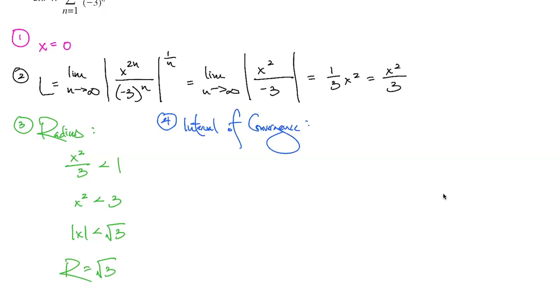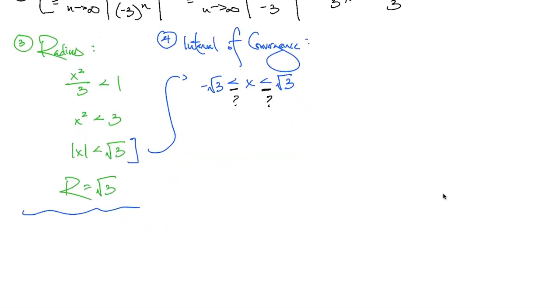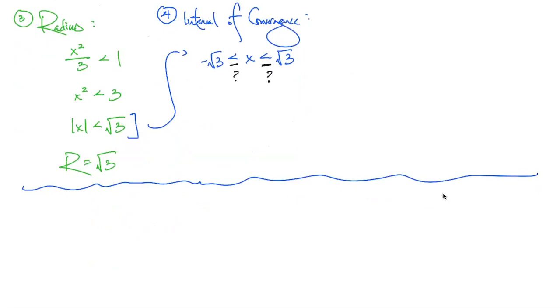Okay, so now we're on step 4. So I'm going to take this second to last step. I'm going to split it. So I've got x is between negative root 3 and positive root 3. Okay, so that is my almost interval of convergence. I just have to determine, do I have equal signs underneath these or not? All right, so let's test negative root 3. So for x equals negative root 3, we're going to get